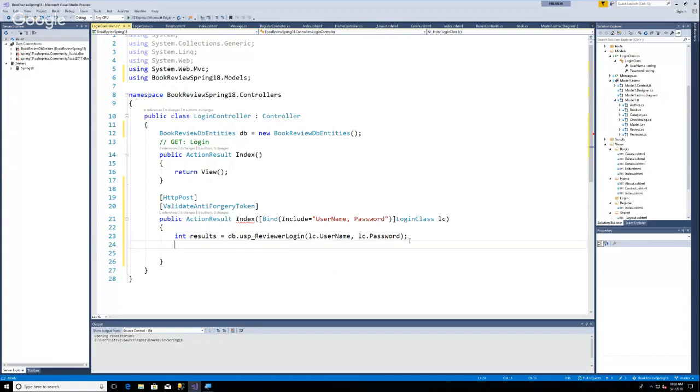So I'm going to say if results not equal -1. And you could reverse this if you want. You could say if review equals 1, which might actually be more efficient. Sometimes it's more efficient to look for equality than non-equality. Does that make sense? So you could reverse it if you want, but I'll do them if it's not equal to -1. That is, if it is good,